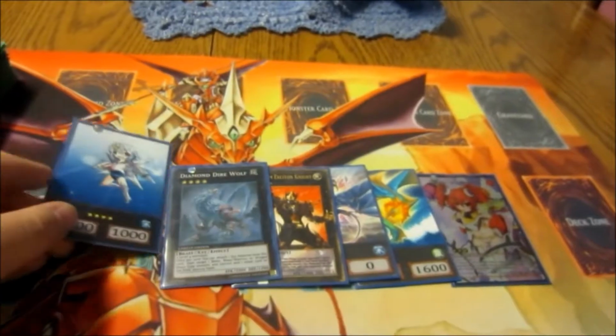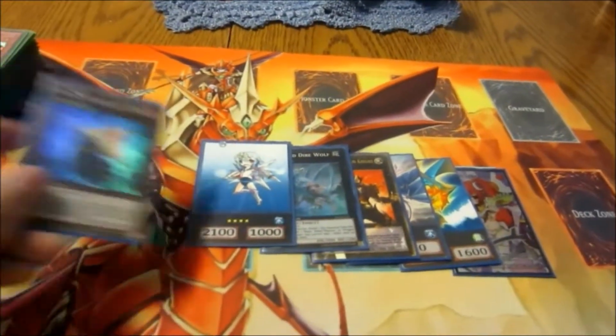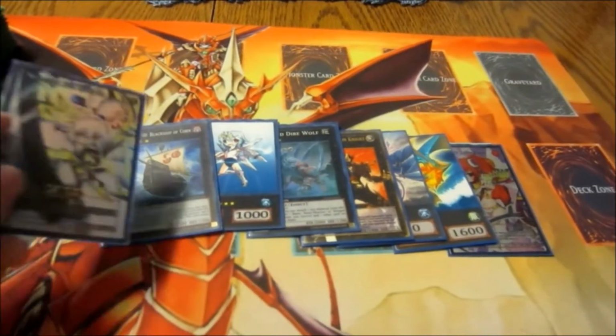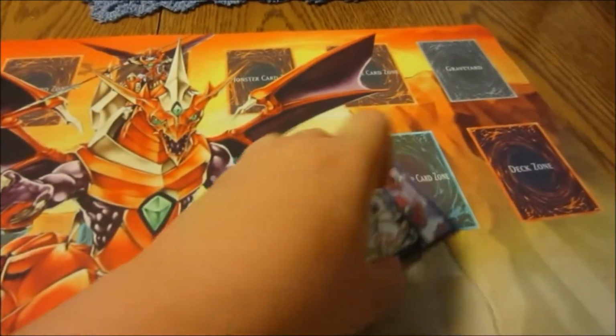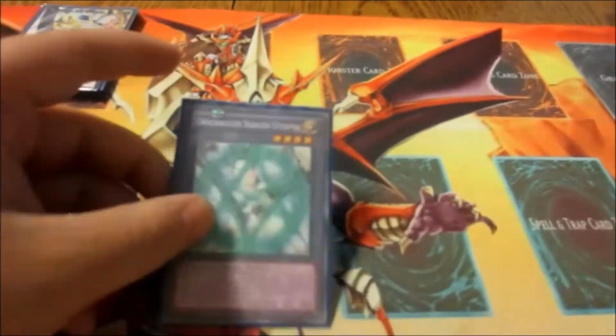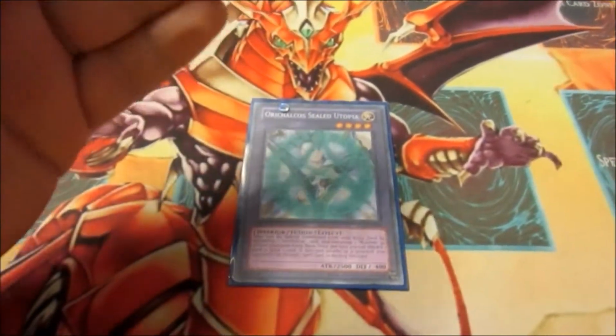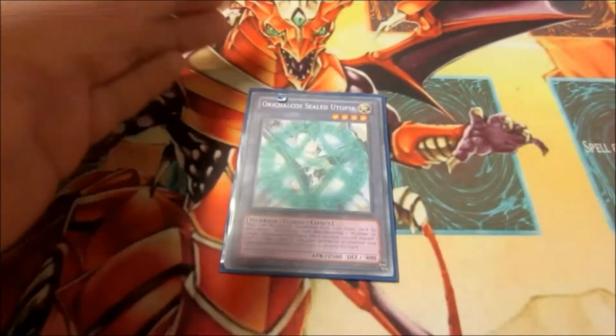An Honor Arc 101, Black Ship, and a number 39 Utopia. Now, I do run some custom stuff in the extra deck, too. Meet Orichalcos Sealed Utopia. I've kind of made a new concept where, instead of sealing souls with the